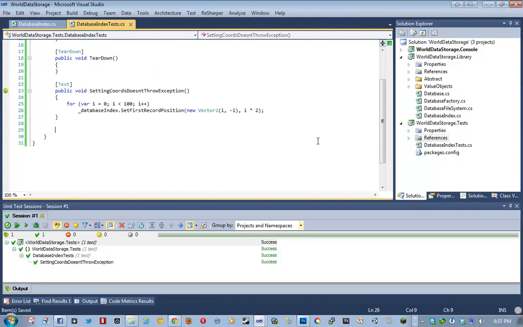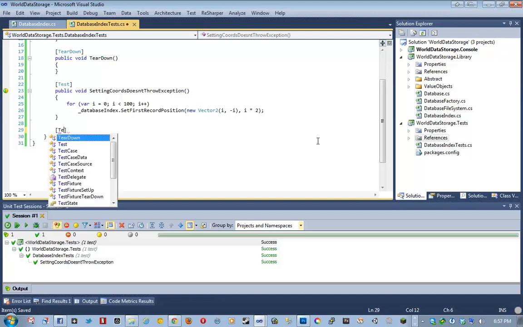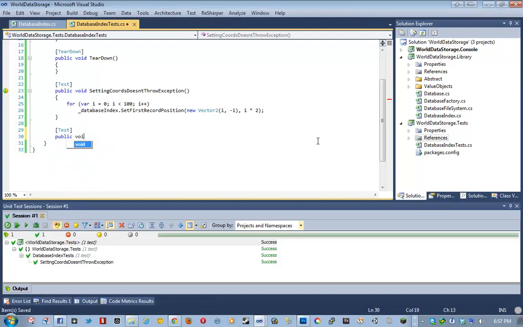But as far as TDD, generally that's what you would do. You're going to be setting, because if we, for example, were to ever introduce code in our set first record position that threw an exception, we now have a sort of safeguard against it, a smoke test, I guess you could say. So the next one is